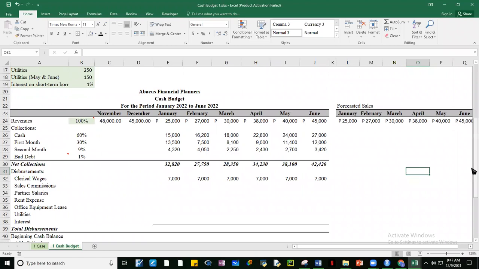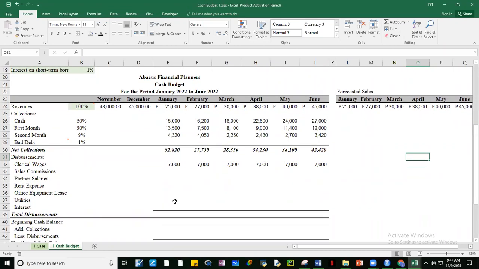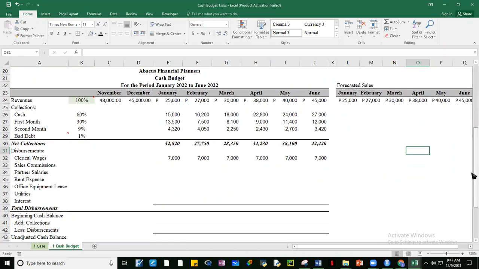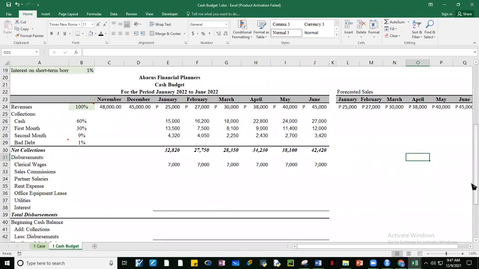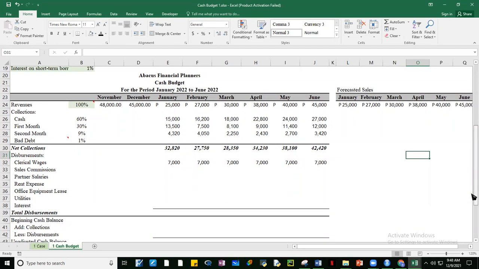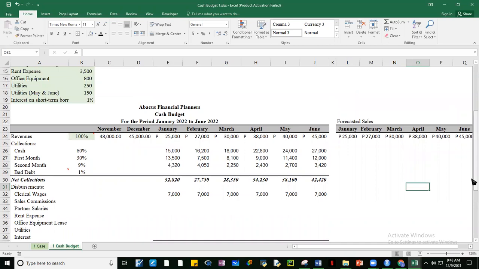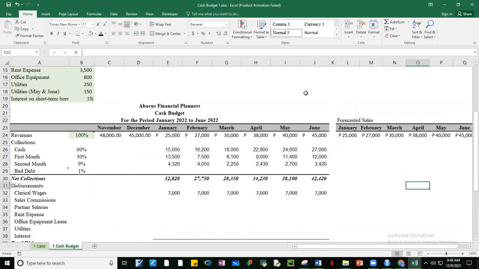Of course, guys, kailangan to para malaman ng company kung magkakaroon pa sila ng shortage para mapagplanuhan yun. Kasi cash is a very important asset. Gusto nila malaman kung there will be any shortage or any overage, para maplano din nila kung anong gagawin dun sa scenario where there may be a shortage of cash. Okay? Charmaine, did that answer your question? Yes, sir. Thank you po.